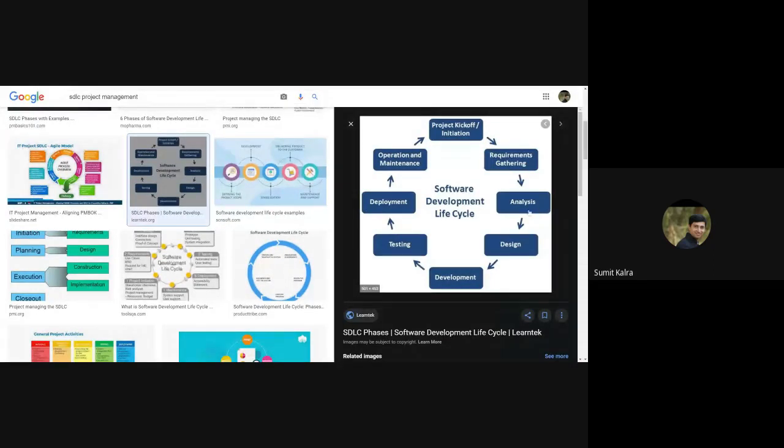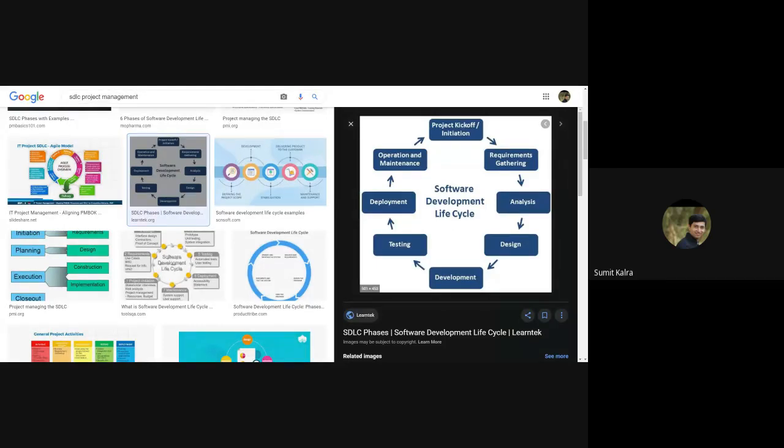You analyze, then you design how it should look like, what should be the workflow, performing an action, what all happens at the back end. Once design is clear, you actually write code and implement, then testing, deployment, and operation and maintenance. So this is the typical workflow in a software development life cycle.